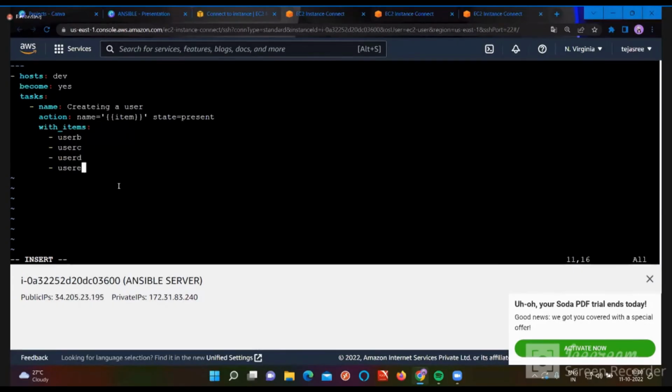Okay. So we have created like 4 users. I am going to save this one. So that means on both dev nodes, how many users am I going to add now? 4 users. So it is in which format? Looped format. So when we compare the previous example and this example, which one is better? This one. Again, if you want to install 10 packages at a time, a single time, you can use this one